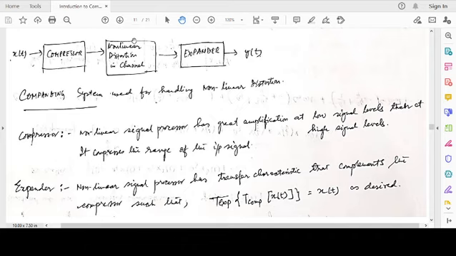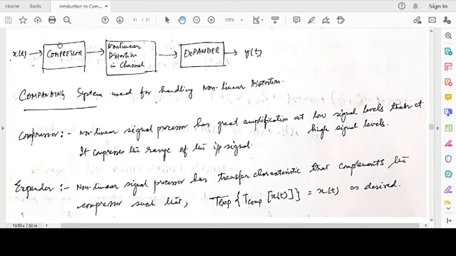So we do something like a pre-distorted signal. This technique is known as pre-distortion and post-compensation. So x(t) is passed through a system known as a compressor. We'll see what it does. Then the compressed, pre-distorted signal passes through a channel which introduces nonlinear distortion due to the presence of nonlinear elements like transistors, diodes, and other things. When it is received in the receiver, it passes through just the inverse process of the compressor. That means post distortion correction.